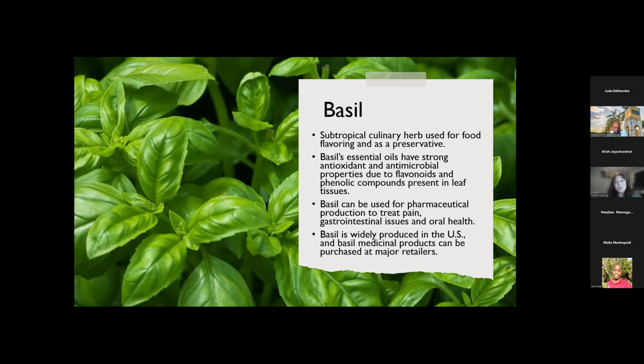Basil is super popular in the US, as I'm sure it is worldwide, since it's pretty much grown everywhere. For this reason, it's highly produced in many different states, including Florida, our home state, Hawaii, and California. Basil can currently be purchased at pretty much any major retailer in the US. You could go to a hardware store like Home Depot and find basil. You could go to a grocery store like Walmart or Trader Joe's, and you can buy a basil plant as well. That's how popular it is here.